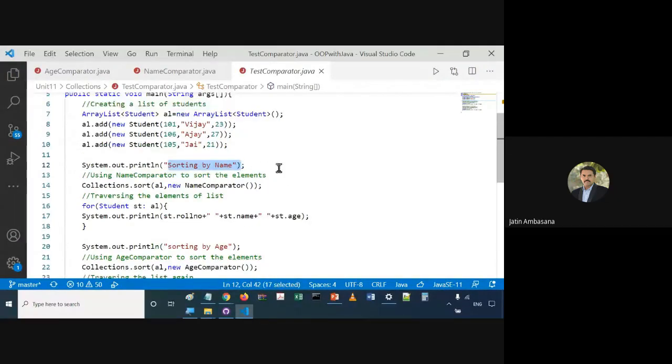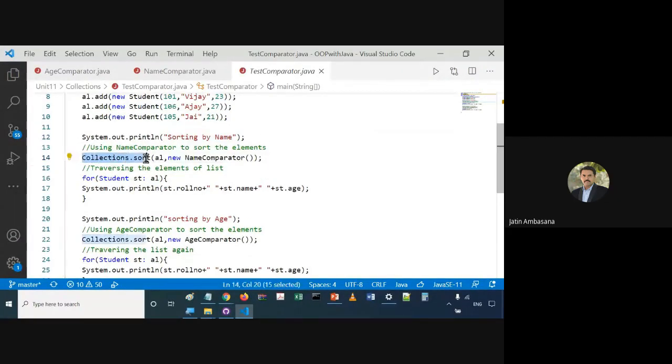For sorting by name, we say Collections.sort. This collection is passed, and a new NameComparator object is passed. According to that NameComparator object, this collection would be sorted. Then we display the elements, and we'll see that all the objects would be in the form of name sorting.